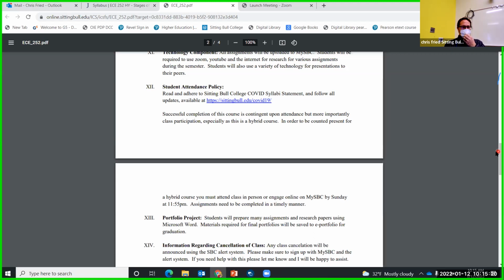We've also put in here our COVID attendance policy and concerns. It's not constantly changing, but we definitely have a rise in cases around the area now. So things could be shifting and changing. If you're not feeling well, definitely don't come to campus, but with all of my classes and the education classes, if you're feeling well enough to hop on Zoom, you should have that option so you can connect into class if you want to and are feeling good enough to do that.